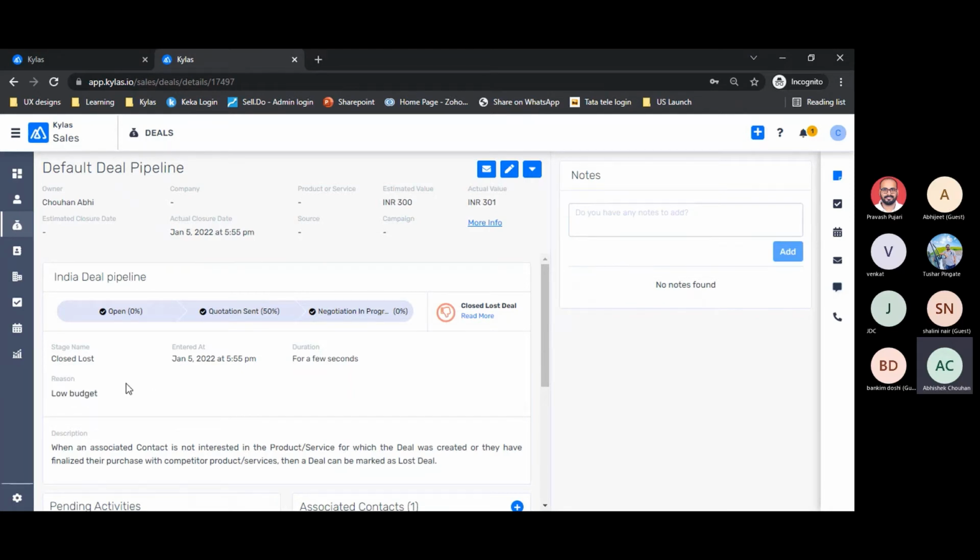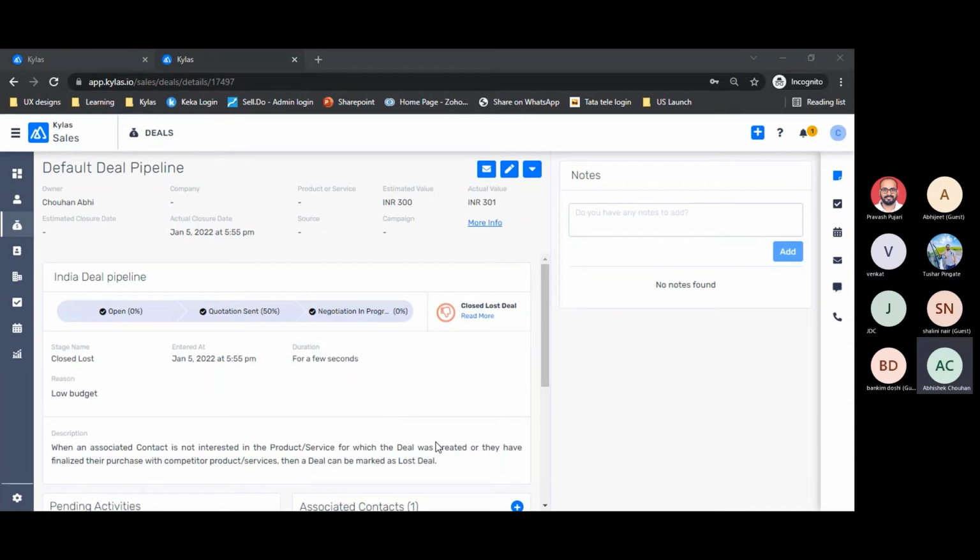That can also be a point of view. If leads are consistently disqualifying because of budget issues, then maybe we can think and revise the product pricing, right? So these are some of the insights that we get based on the pipelines.